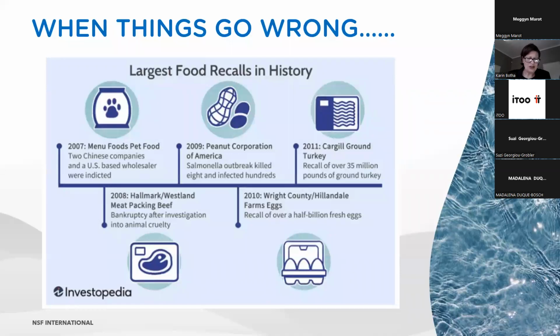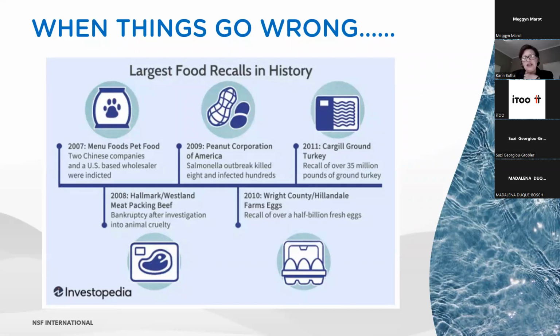The Hallmark Westland meatpacking beef company went bankrupt after an investigation into animal cruelty, and there was also a recall of their product. Then in 2010, Wright County and Hillandale Farms eggs had to recall over 500 million fresh eggs. So these are the largest